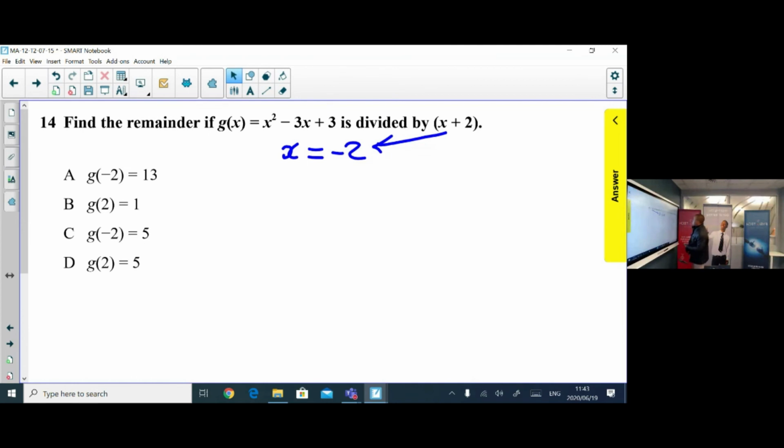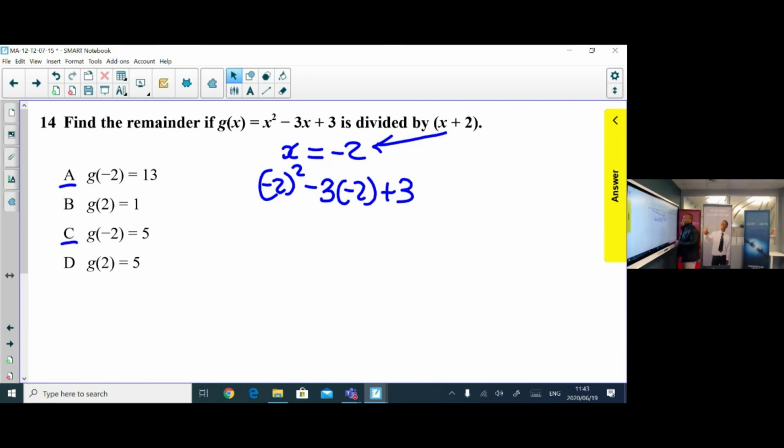By doing that, we know that our answer can only be A or B, because the other ones are not following the remainder theorem. So with that, we now substitute into our expression and we have minus 2 squared minus 3